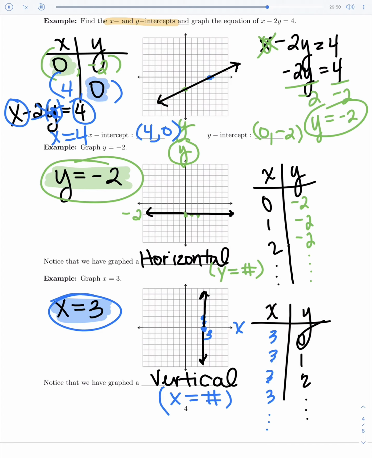So there's really only 2 special cases. Either when you only have y's or you only have x's, and those get you your 2 special kinds of lines, horizontal and vertical. Let's take a look at a couple more. In this next